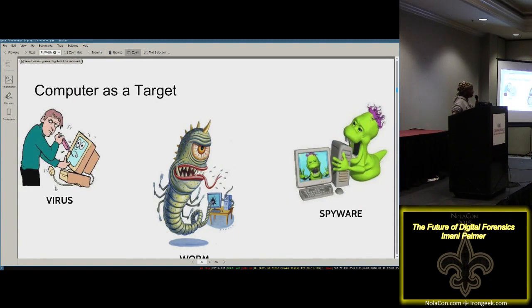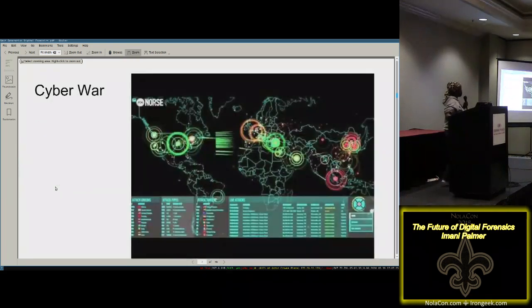I had to explain a lot of this to my PhD committee. They were very intrigued, so I thought I'd leave these up here, but I'm going to try to rush through these for you. Oh, I had to put this map up because otherwise they wouldn't listen to me, and they would just look at the map. I got this down. Okay. So, cyber war: we can use digital forensic evidence to help us see what happened after certain types of attacks.